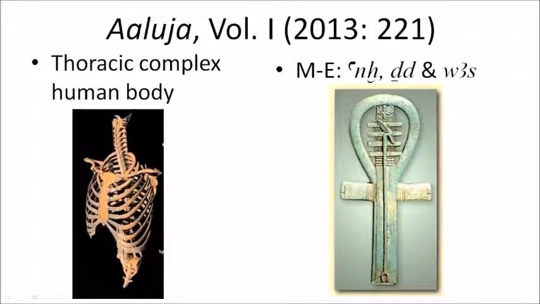And we see here the 4 columns, top columns here, this represents the spinal cord. It's used for words for spine, and this is the spine of Osiris. And so you have the spinal cord here, and then the loop of the neck, the collarbones here, and the sternum. This is what you see here in this rendition of the human body. You see that same collar, the spine here. The loop here is what's called the final rib. And then the line, which you see here, is the collarbones, and then the sternum. It's symbolic of the human body, but more specifically the thoracic complex, which